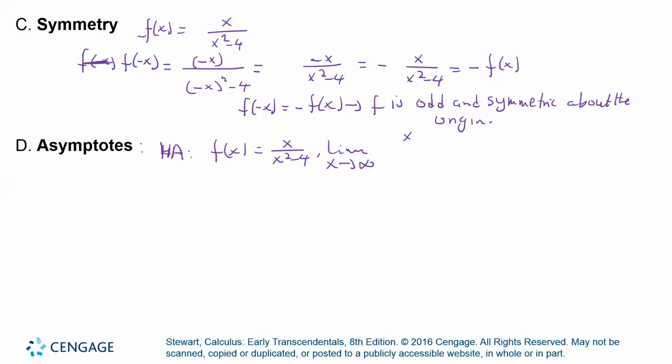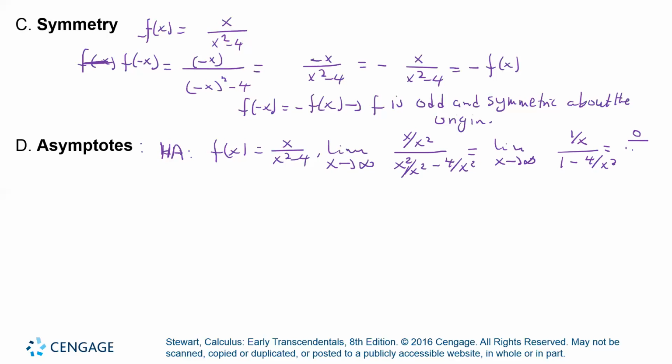2. We're going to divide each term by x squared. And so this is x over x squared minus 4 over x squared. Now the numerator will be, this will be the limit as x goes to infinity of 1 over x divided by 1 minus 4 over x squared. Now, if x goes to infinity, becomes bigger, then 1 over x will be